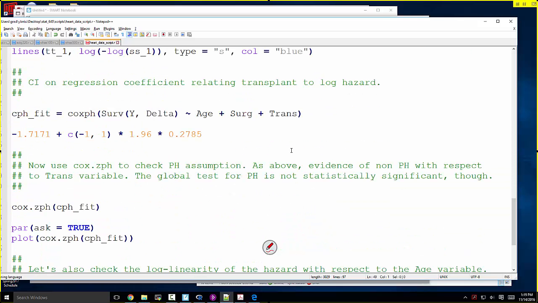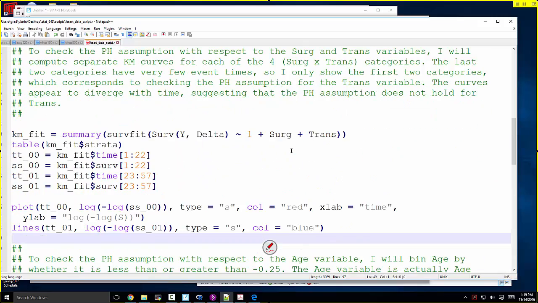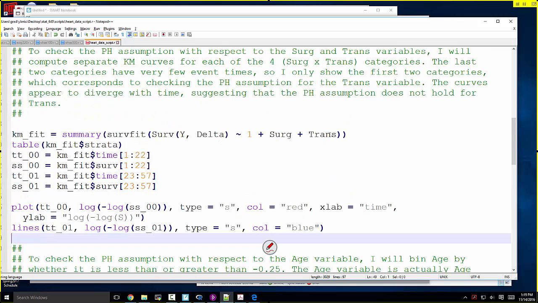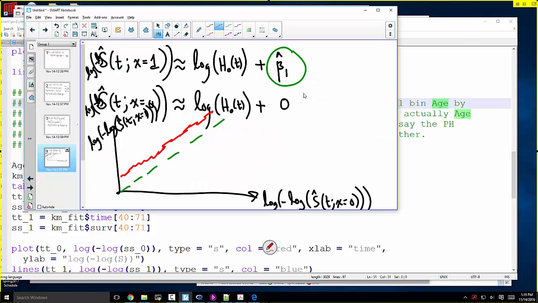What we can do is use that Cox ZPH function. So we could try, I'm going to do that down below. Right now, all I've done is assess the transplant covariate. Let's also consider the age covariate. So with age, it's a little bit more challenging to make this picture because age is numerical. If you have categorical, then you can express this relationship in terms of log minus log plots that should be separated by beta coefficients. But with age, for example, age is numeric,